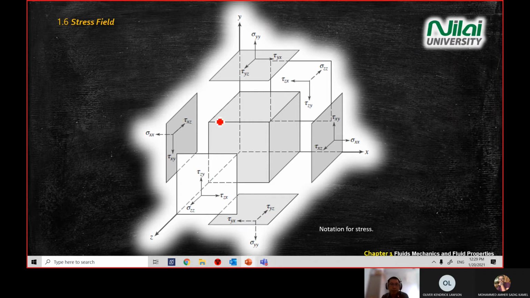Important here is that you know how to read the notation, right? So when the question asks you to find